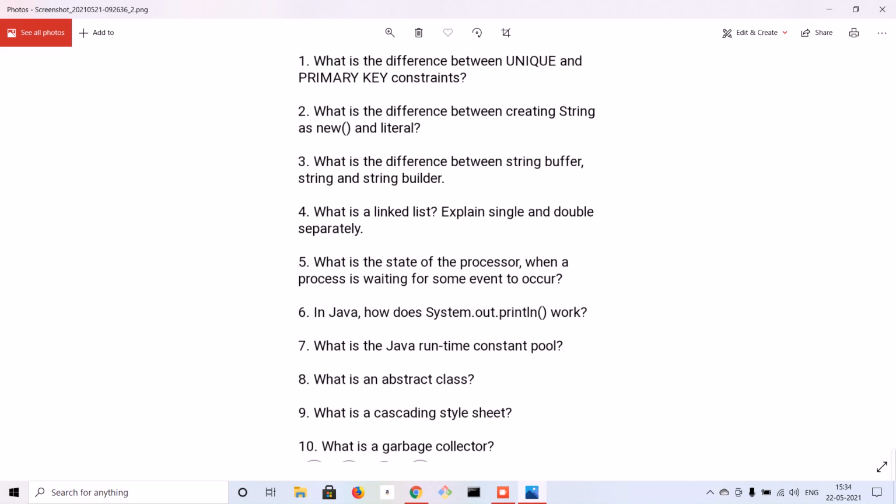So StringBuffer is basically thread safe. They are synchronized, but StringBuilder is not thread safe, so it is fast. Now what is meant by thread safe basically? When you work in a multi-threaded environment, like you have four different threads in one process, and you are trying four different tasks in four different threads, but you are using a common string variable, then you use a StringBuffer in that case.